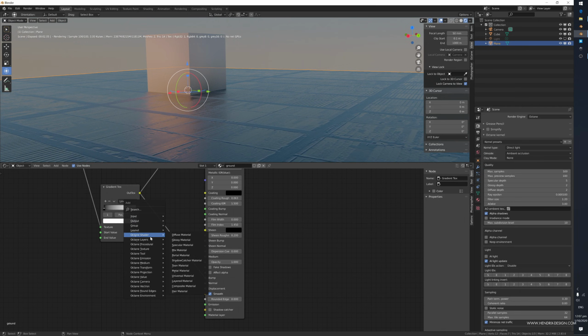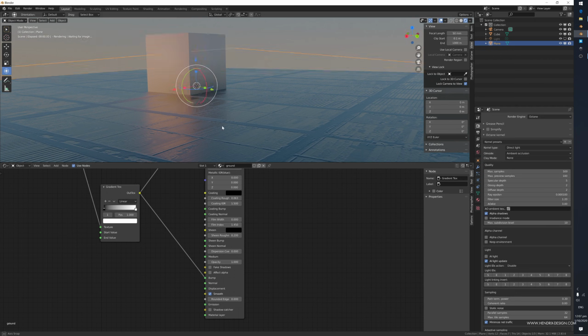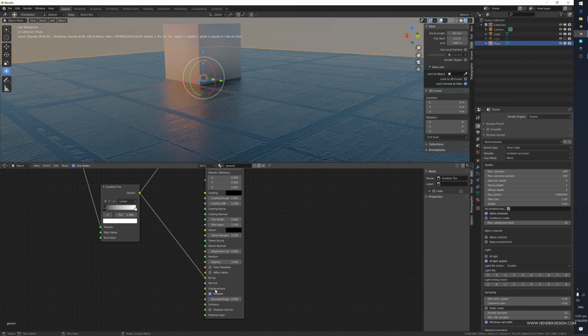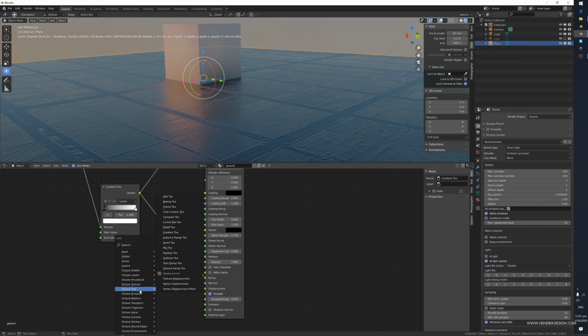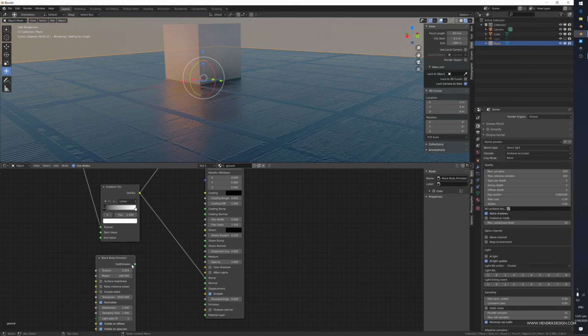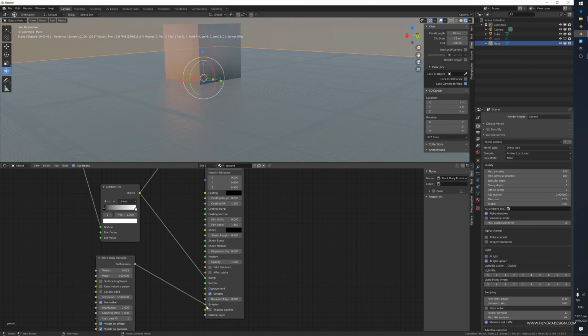And there's also a displacement. We'll get to that in a second. But now we have here the bump, and we also have an emission. An emission you shouldn't necessarily plug in directly, but there's basically two types of emissions. A black body emission, which is just a straightforward kind of